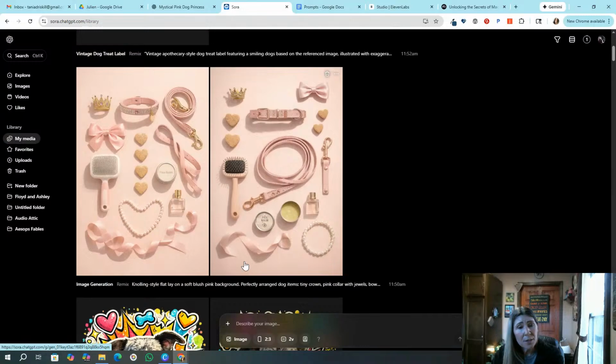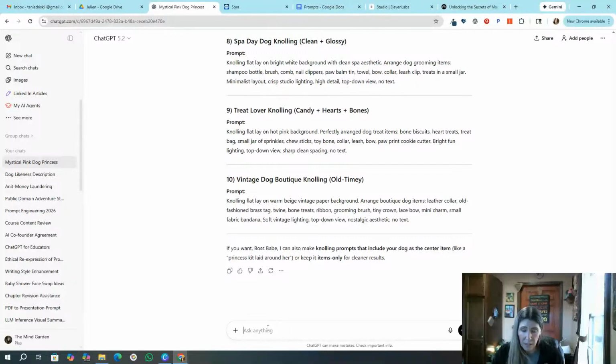Oh, so it didn't actually include the dog, so I would go back then and I would say on the knolling prompt, in the middle.